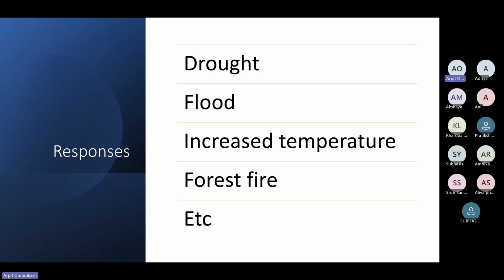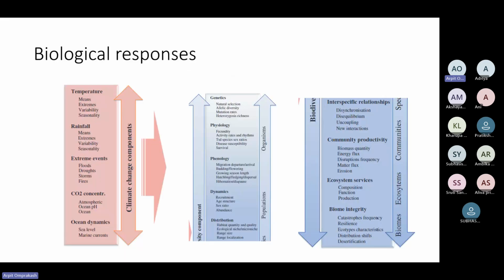Right, because there's a lot of climate change, there's a lot of increased temperature, so there's a lot of drought because everything is going dry. Then there's friction between two trees, and that leads to a forest fire and things like that. So these are different responses of climate change. Apart from these physical responses, we also have biological responses. So, for example,